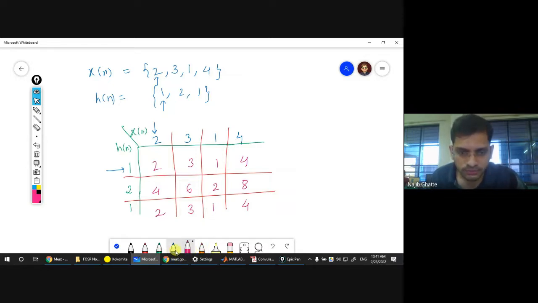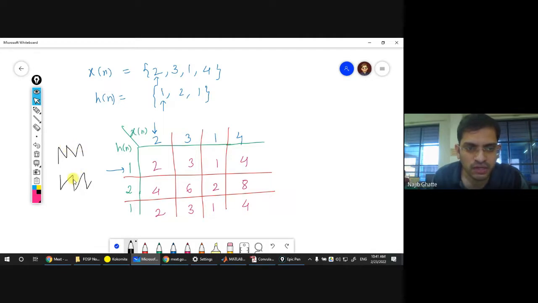Now tell me what is my name. My name starts with the letter N. What is ulta of N? Ulta of N is like this. What did we call this? Forward sawtooth. And this one we called reverse sawtooth. If this is my forward sawtooth, then I have to take this diagonal into consideration.